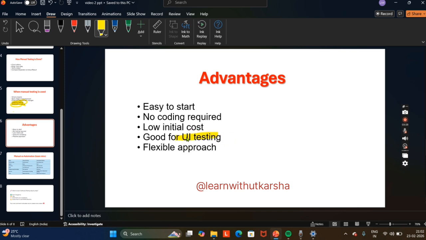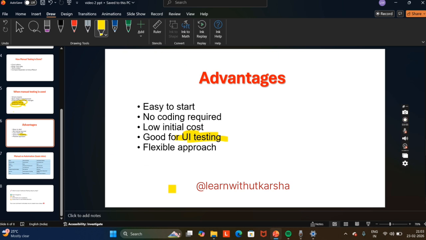And it gives flexibility to explore the application freely. So that's why manual testing is the foundation of a testing career. So you should start your career, if you want to start your career in software testing, you should start with manual testing so that your foundation level will be clear and the base is clear, we can say.